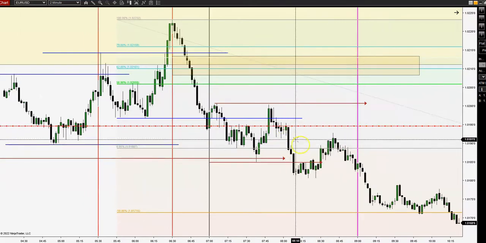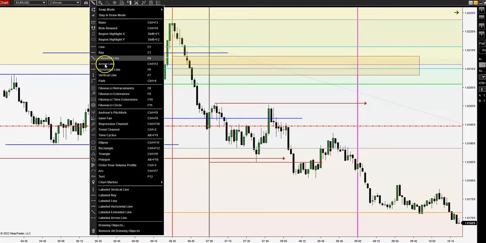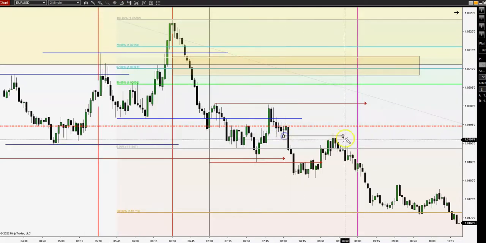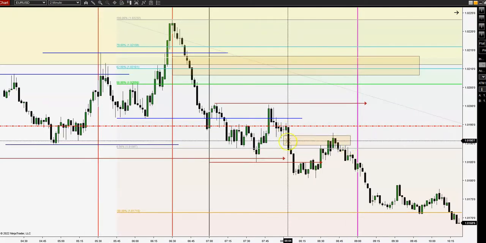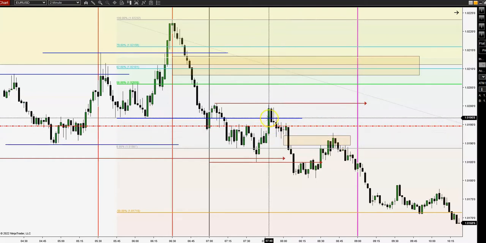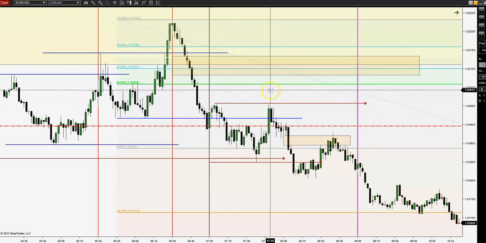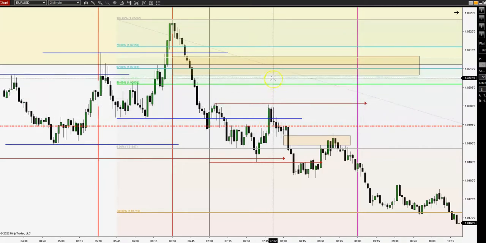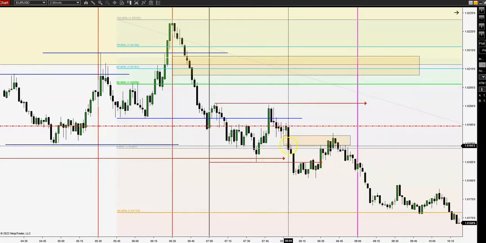So this definitely was an opportunity here. Let me go ahead and draw that out right here. Here was the fair value gap. So remember, there was news at 7:50 right here. There was the move that went up. See, I at least would have loved to have seen this get through up here, and then here's this big old candle here. That's